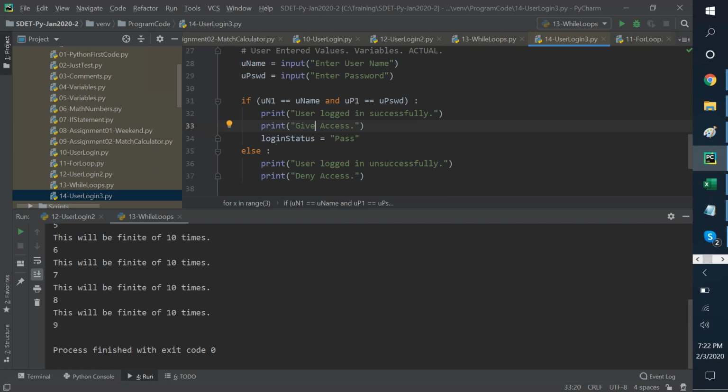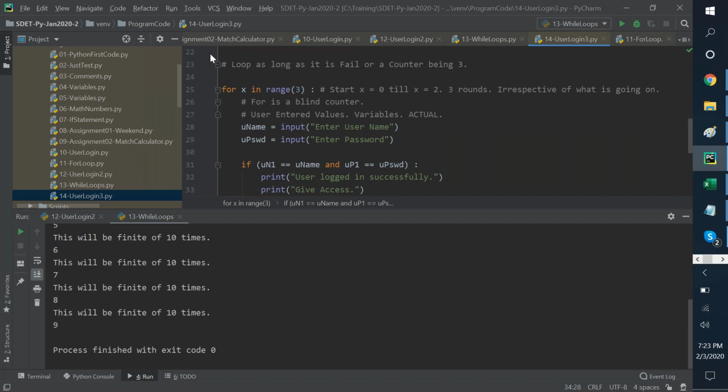Instead of print now, I will call a function which will say give access. That will do a bunch of other things to make sure it gives the right access. Okay. So give access is more like a verb. Given access is a status. So for me, give access is like now I have to start working on next things about the user. So that was in the mind. But good thought that maybe it was something else. So login status is pass if it is here.